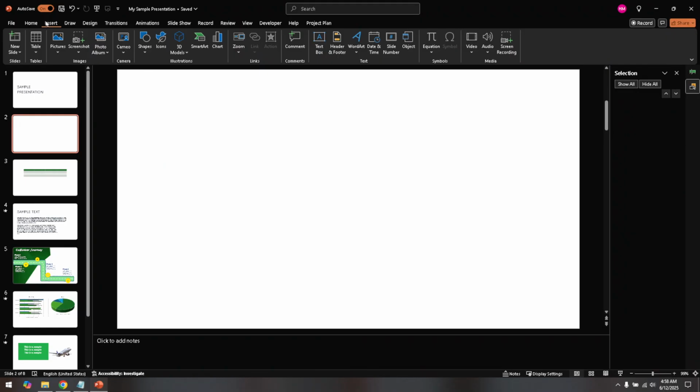To insert a picture stored on your computer, look for the Pictures button within this tab. Clicking on it will give you a drop-down menu from which you'll want to select This Device. This option allows you to browse your computer files for the exact image you want to include in your presentation. Navigate to the folder where your image is saved, select it, and click on the Open button to upload it